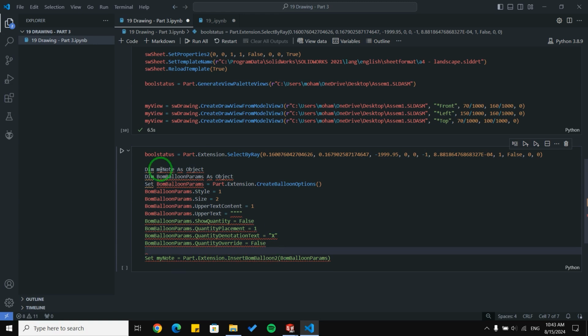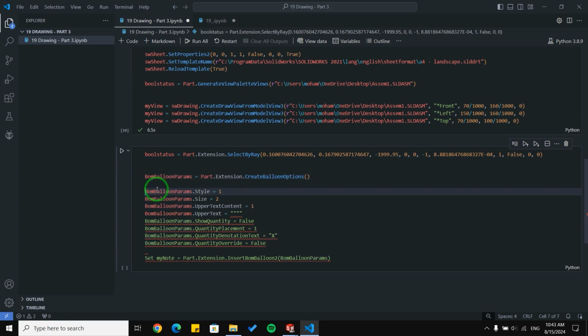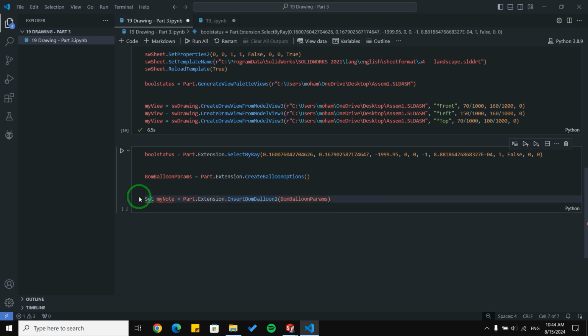Okay, we don't need these lines. We don't need set, and we don't need these options, because as we saw, we didn't change any options. So I can easily delete these lines, or you can save them or change them as you like.